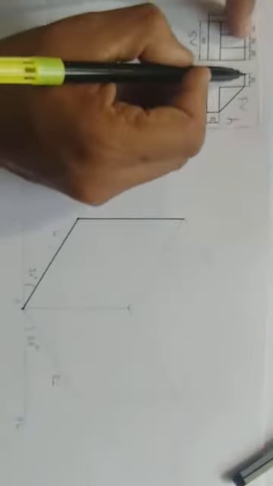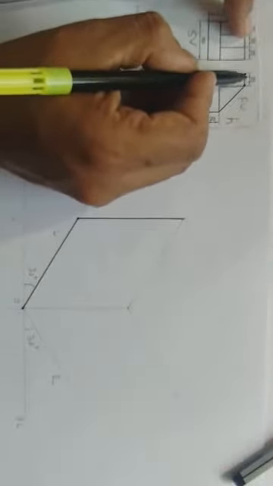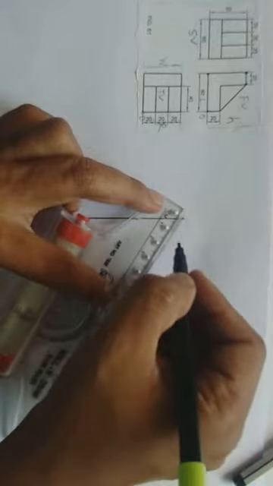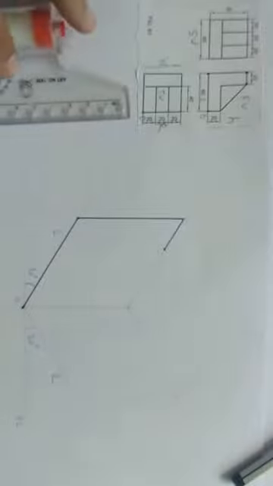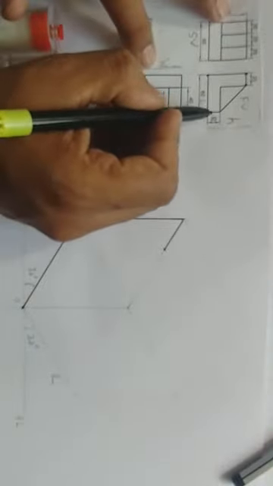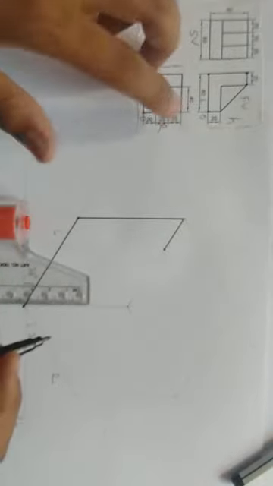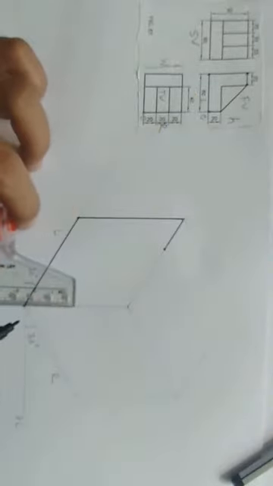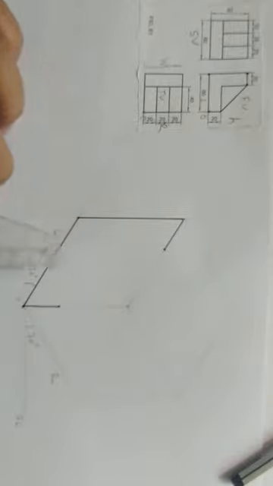Okay, so the distance between this topmost left corner and the right corner has a length equal to 20. From this corner I will plot one more point at a distance of 20, and I will join this line. Similarly, the height of this L shape is 20. From this origin, exactly this corner is located at a distance of 20, so I will plot a point at a distance of 20 and just join this line.